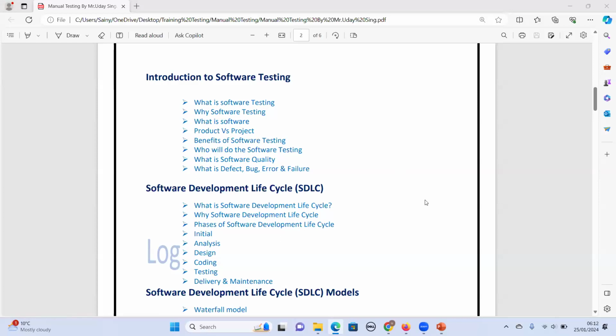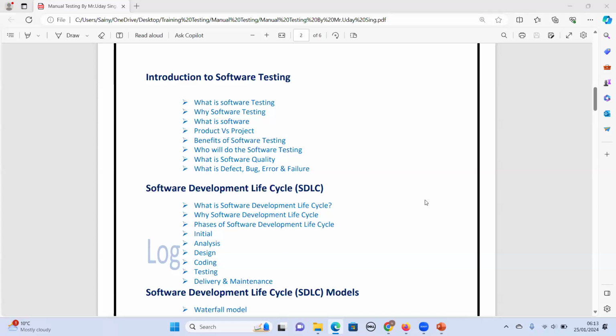Okay. So let's move on to software development life cycle. I will explain in the coming sessions what the software development life cycle is, why we need it in projects, and the phases of the software development life cycle.